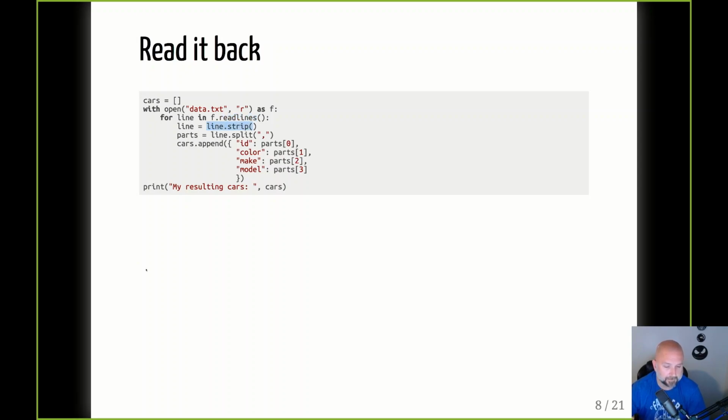We talked about stripping strings, right, where we remove whitespace from the beginning and the end. When we read lines, the last character of that line string is the newline character. And so I like to strip it, take off that newline character. Then a